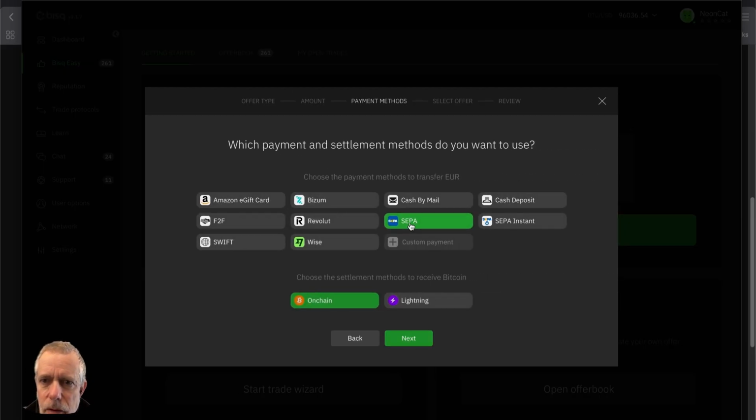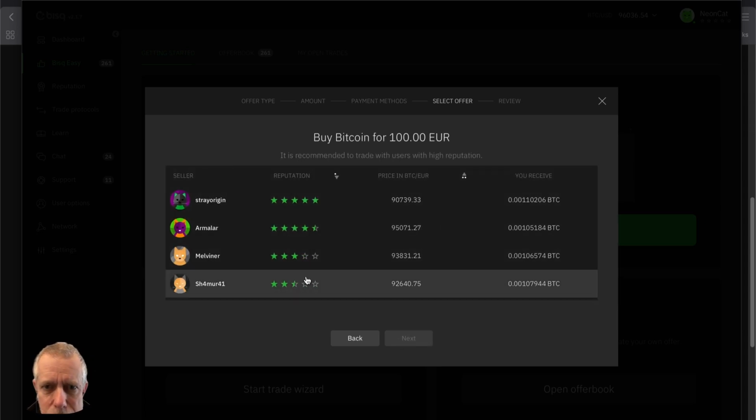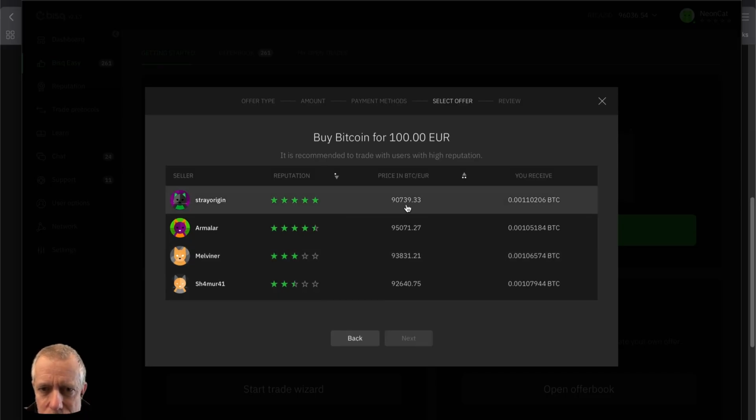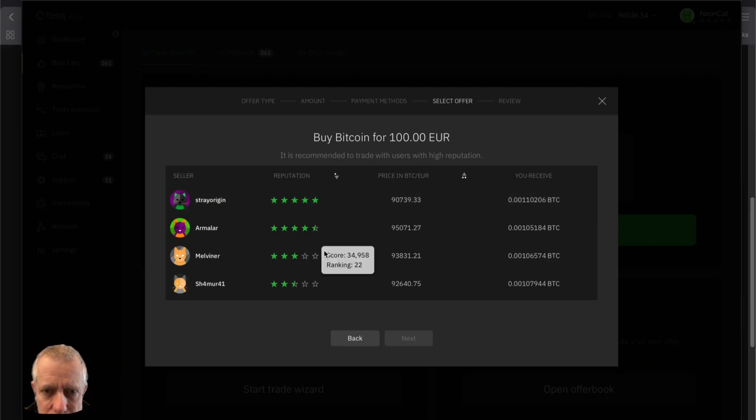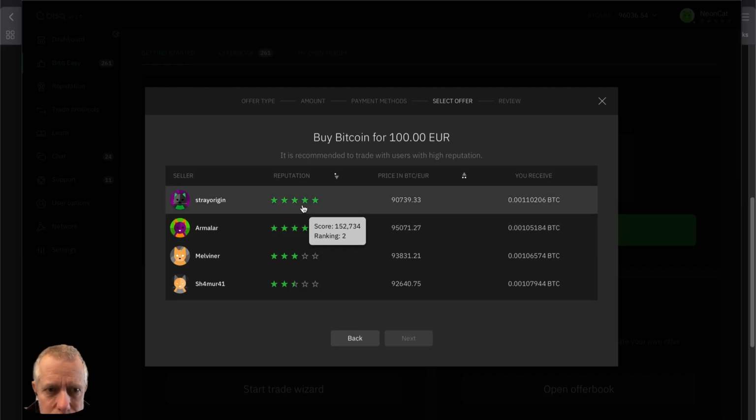Say I want to do a SEPA transfer, which is free of cost. You can obviously have all these other possibilities, but for now we will work with SEPA, and we will see we get 4 users that offer services, and the corresponding price here. We'll see that this guy has 5 stars, the best rating. It's the second best rating, and he has also actually quite a nice price,